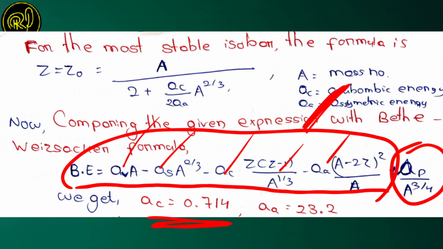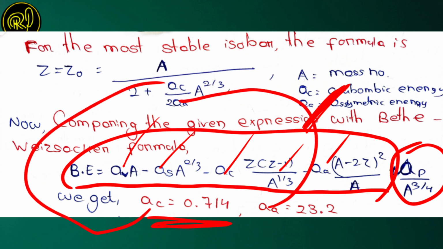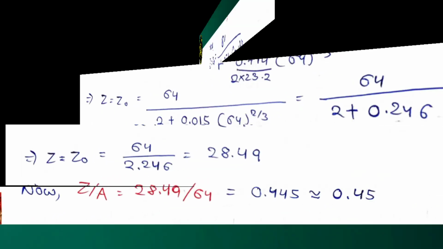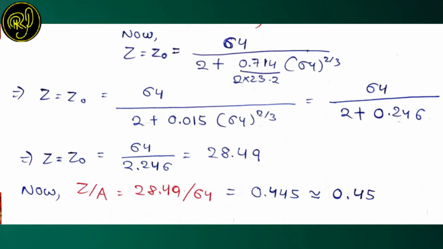So what you will do now, you will simply put the A Coulombic value here, the A asymmetric value here, and this A is 64. Okay, now let us solve it. On putting all these values in this formula, we are getting that Z is equal to Z naught, which is equal to A by 2 plus A Coulombic by 2 A asymmetric. That is, A is equal to 64 by 2 plus A Coulombic, 0.714 by 2 A asymmetric,